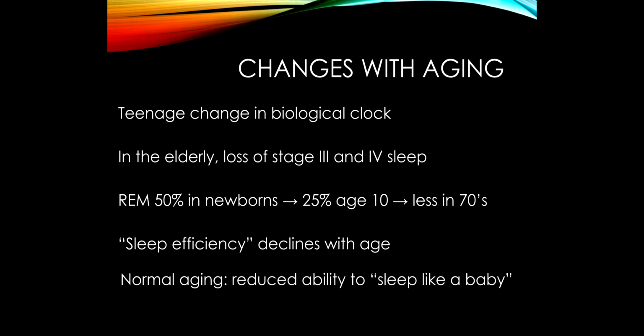One occurs in teenagers. What are teenagers known as? And I suspect many of you still have this type of sleep, where teenagers are known for staying up late and having a really hard time getting out of bed in the morning. And that is actually a physiologic, biologic, normal change that happens in the brain during teenage years. And so there are lots of studies, even teenagers that have a nice normal sleep, that they tend to be more drowsy, a little foggy during the morning hours. So that's just something that occurs during teenage years.